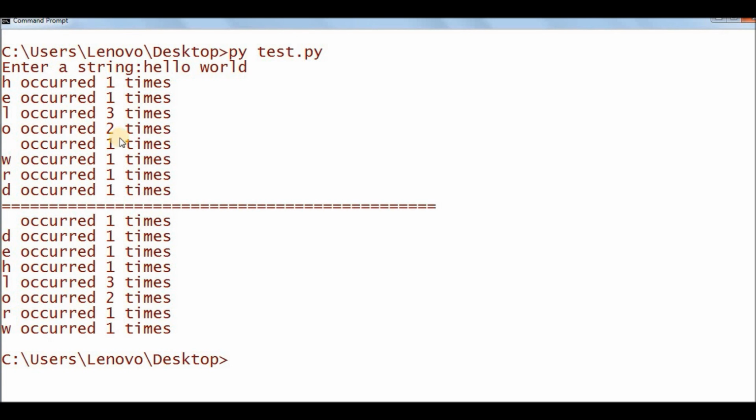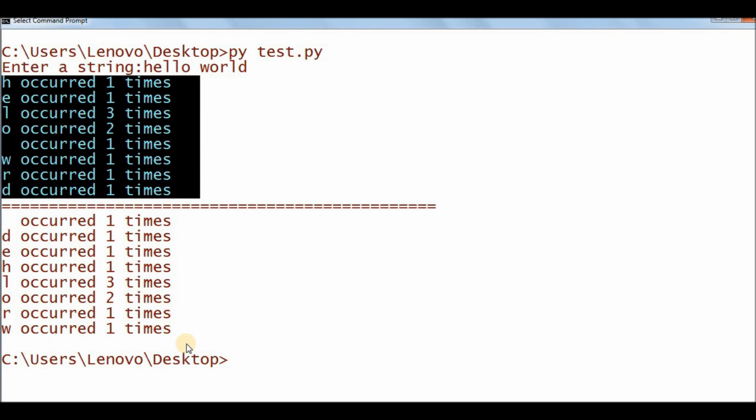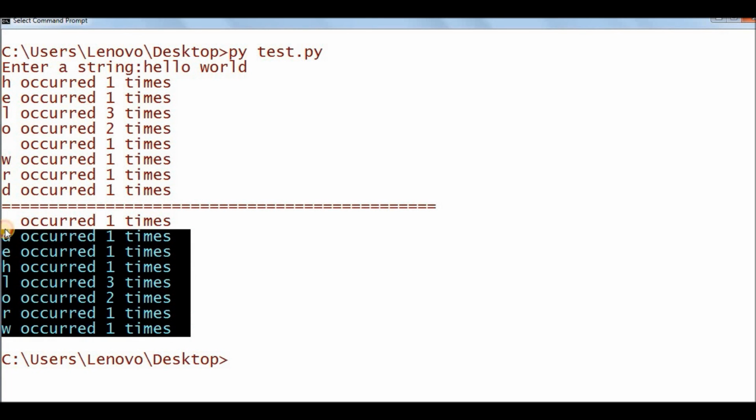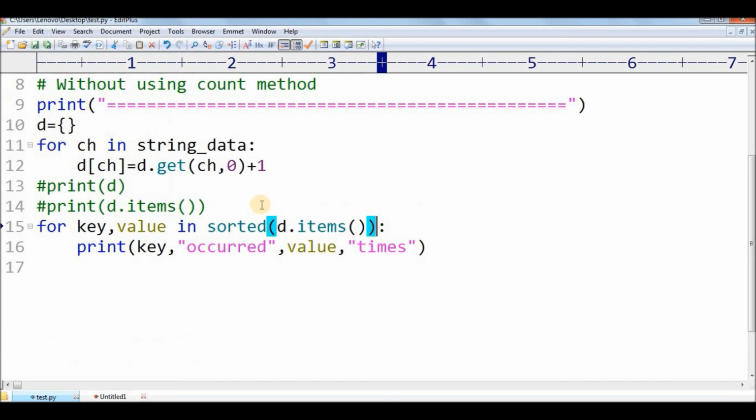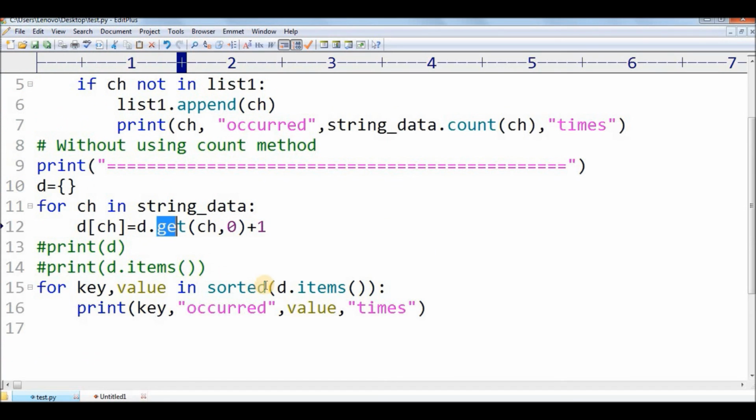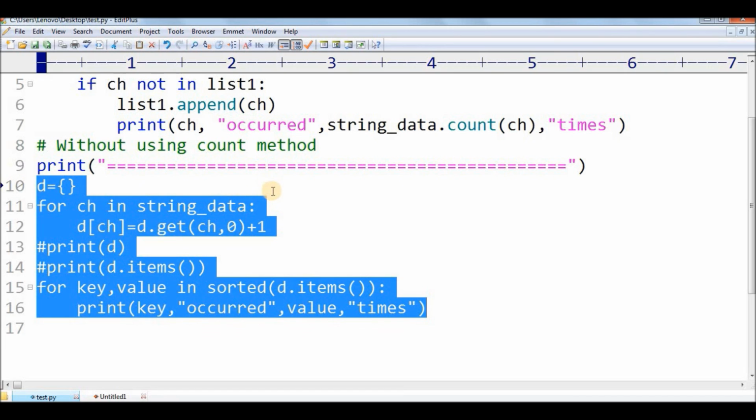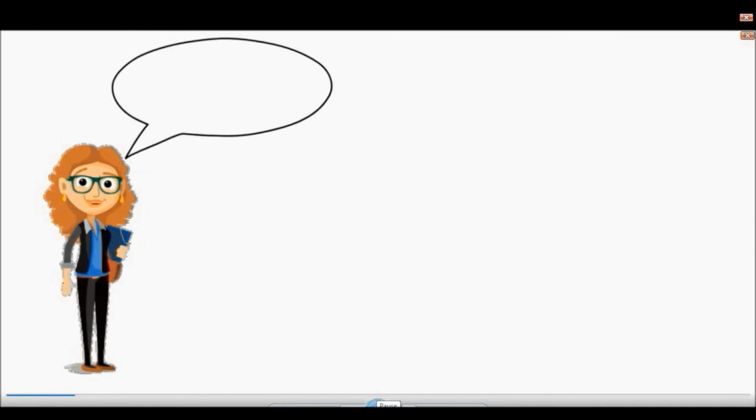We can count the number of occurrences by using the count method, and this would be the output for that. And if we don't want to use the count method and need to solve this problem without it, then we can use a dictionary, and these particular things, the get method and d.items, will help us solve the purpose. So this is the end of today's video.